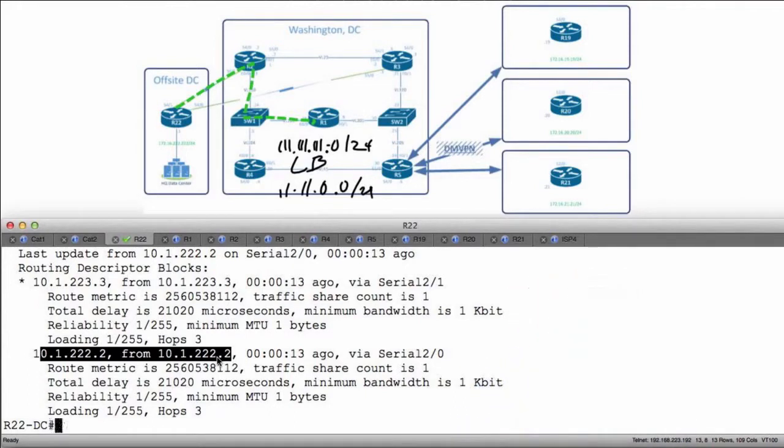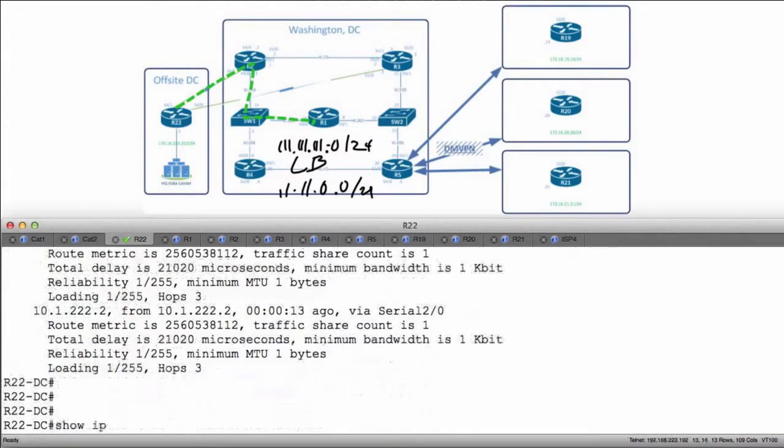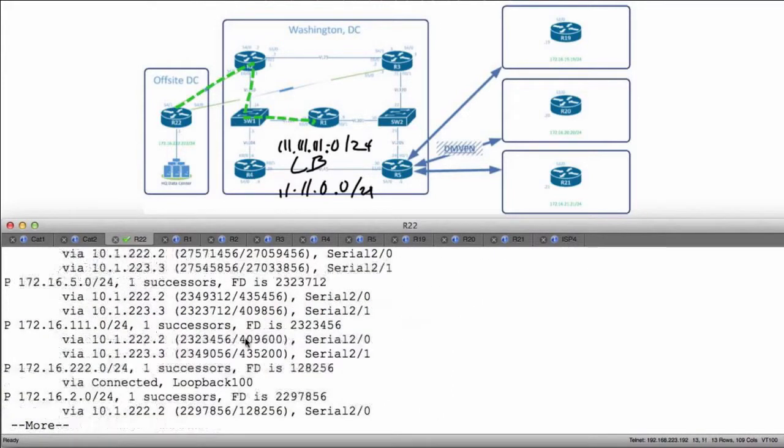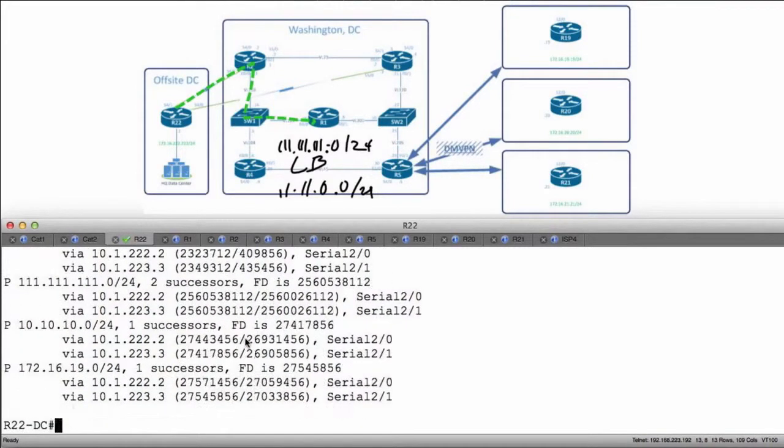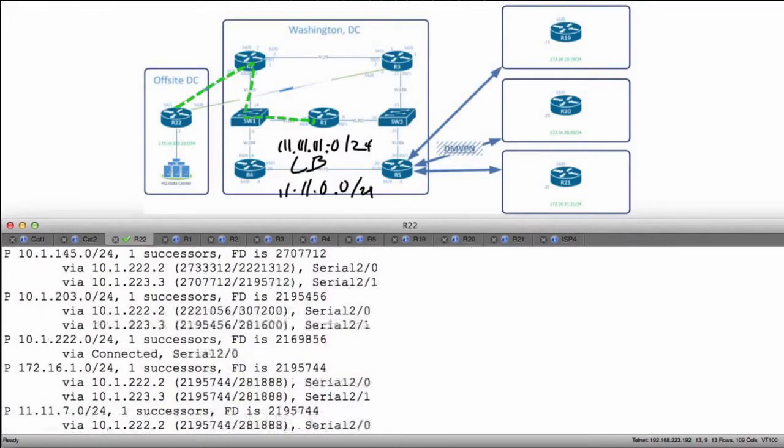But right now, what we see here is that the command that we entered had no effect on the administrative distance of this external prefix. Notice it's still 170. However, show IP EIGRP topology. Let's look at the topology table for anything that we're learning in the 11 range. Let's see here. So here we go. We've got